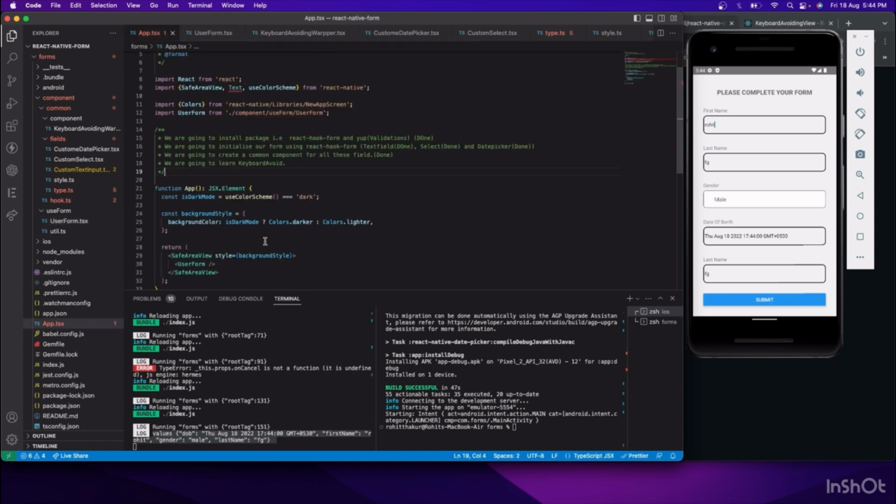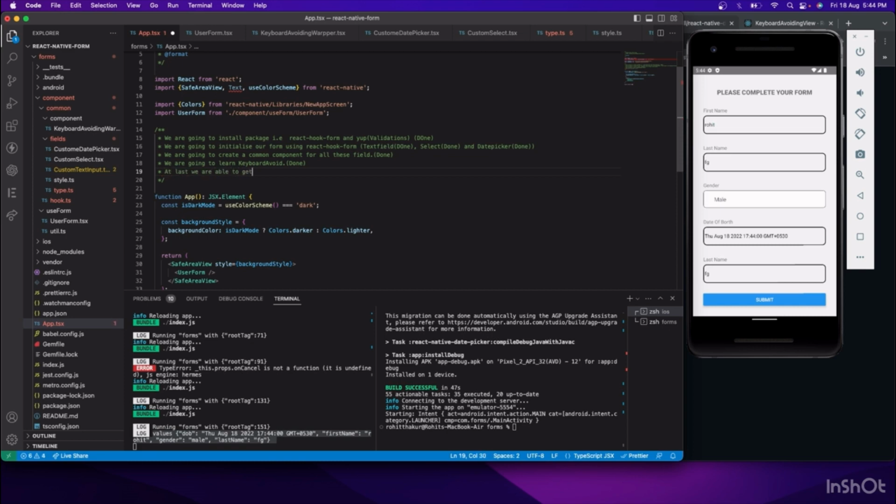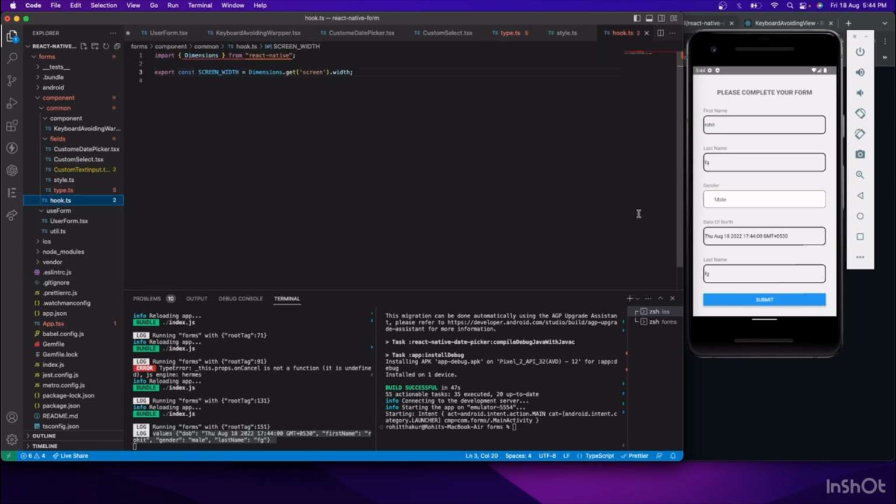So here we go. So we have learned the keyboard avoiding view. This is also done, and at last we are able to get all the values. So as we have seen in this video,